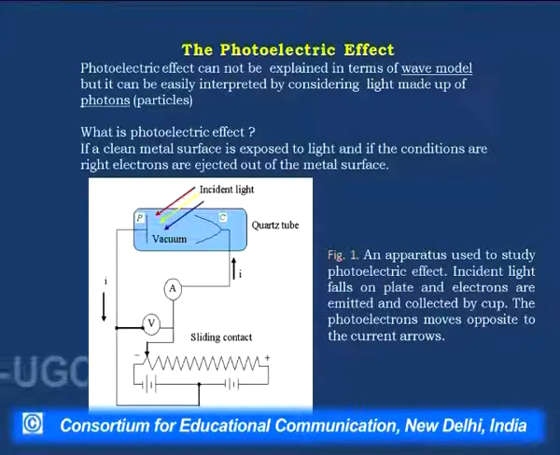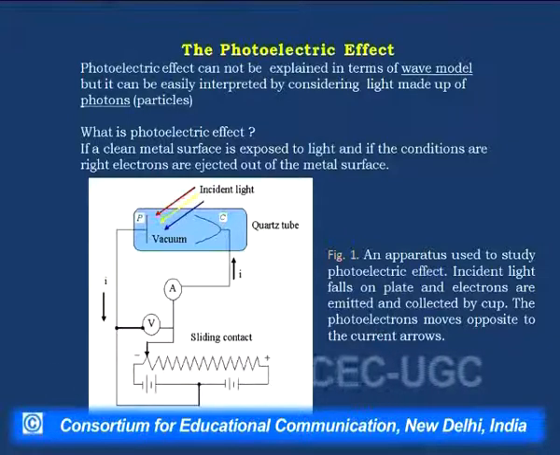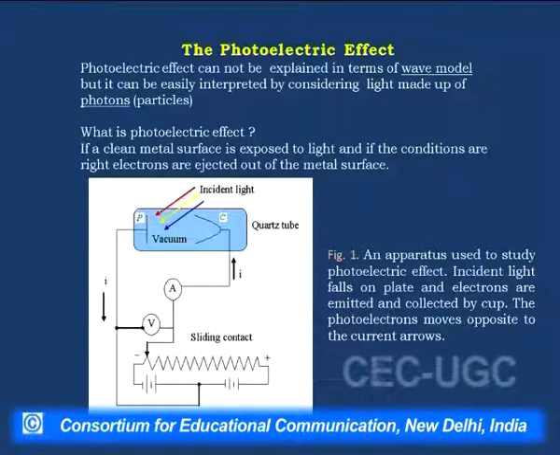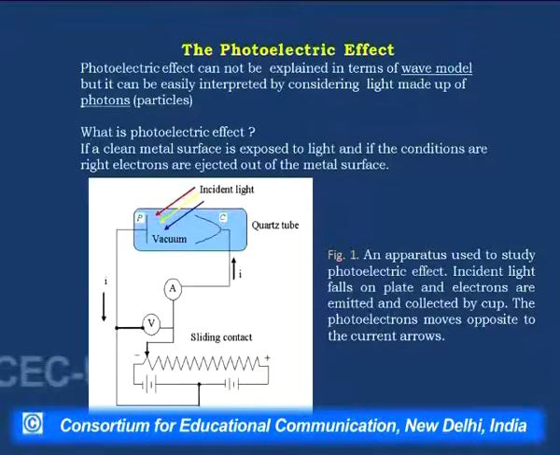So, there is this plate and this cup, and there is an ammeter and a voltmeter, and we can change the voltage across the plate and the cathode. There is a sliding contact here. So, when light is incident on this metal surface, or the plate, or you can say the target, one thing more: we have to create a vacuum in the tube. Otherwise, if there are molecules of air, these electrons will bounce off. So, we have to create a vacuum also.